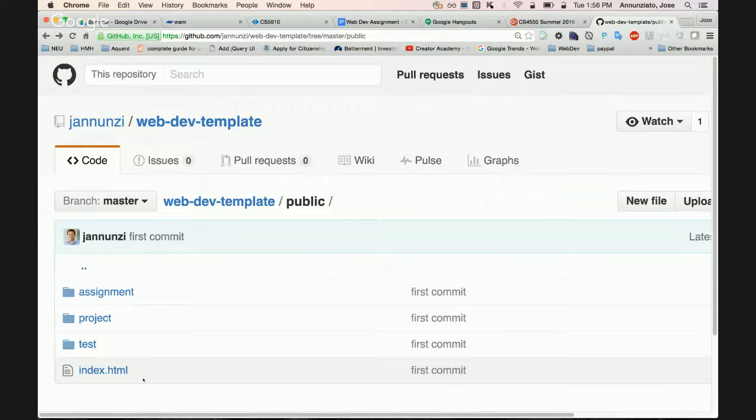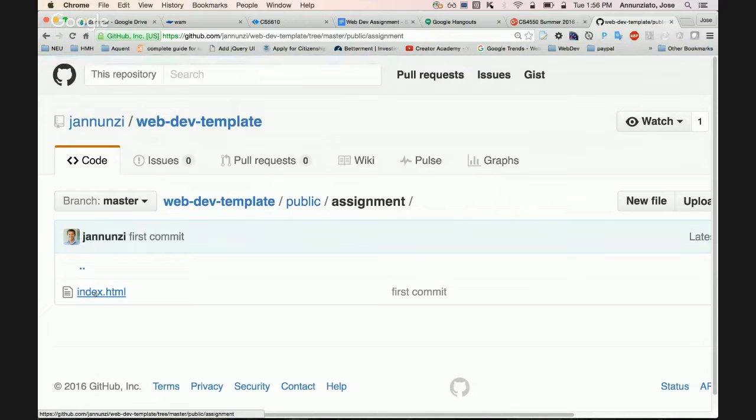Then, as the first assignment is going to come out next week, it asks you to implement something in the assignment directory. This is the assignment directory that it refers to. You're implementing your assignment under this particular directory.